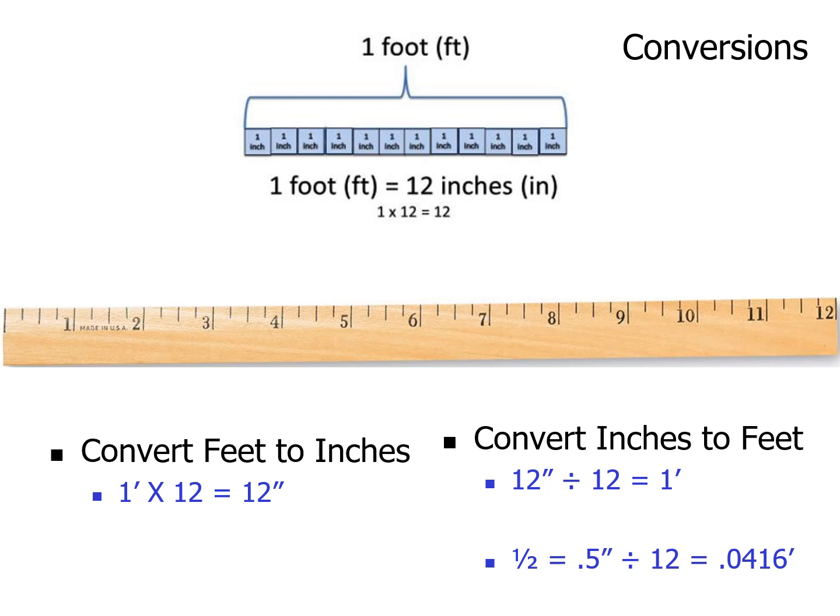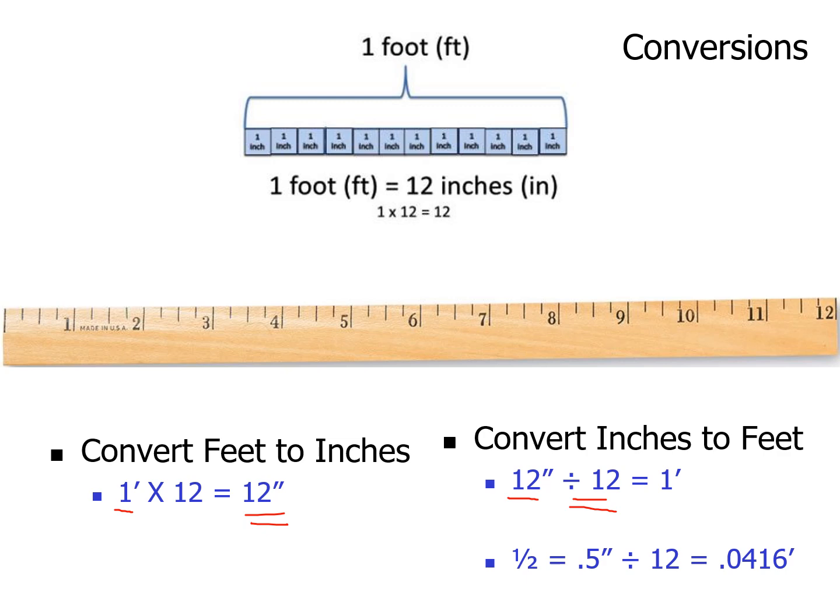But mathematically, think about what it takes to convert a foot to inches. We have to multiply by 12. Anytime you take a reading in feet and multiply that by 12, that's going to convert it to inches for you. Now, if you have inches and you want to convert that to feet, you divide it by 12. So that's the only thing you need to remember: feet times 12 gives us inches, and inches divided by 12 converts it to feet.